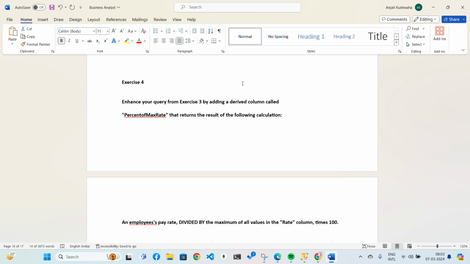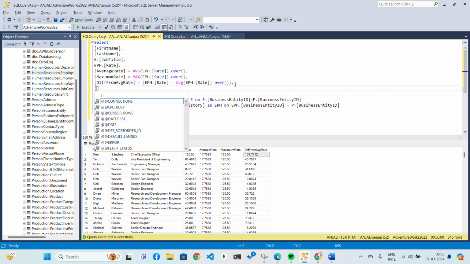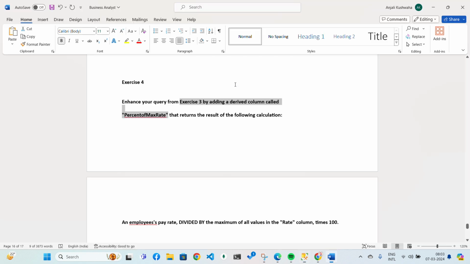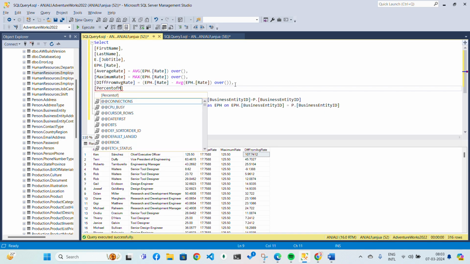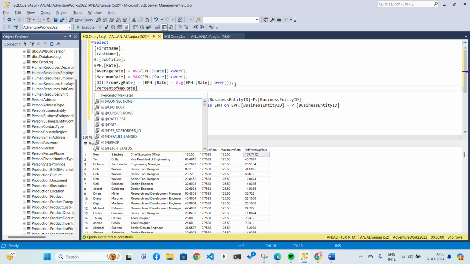Now again, the requirement is that I need percent of max rate. So enhance your query from exercise 3 by adding a derived column called percent of max rate. So I need to derive another column, that is percent of max rate,